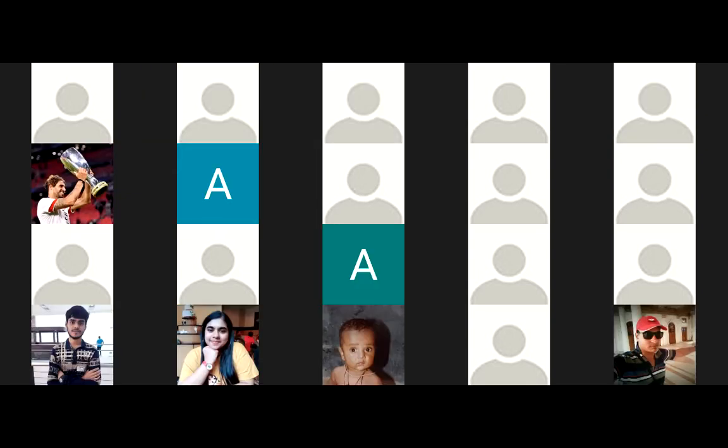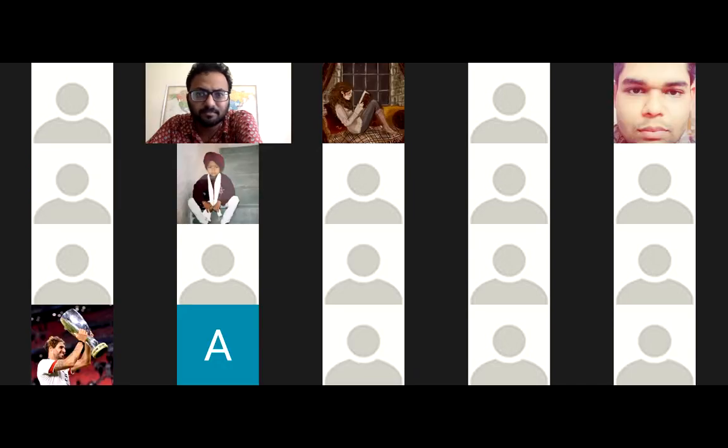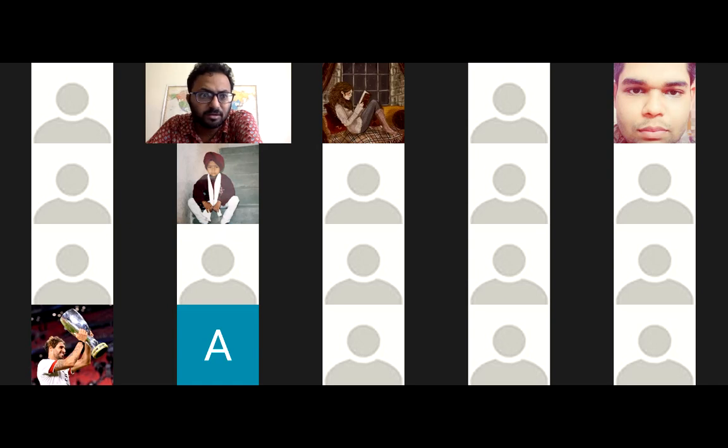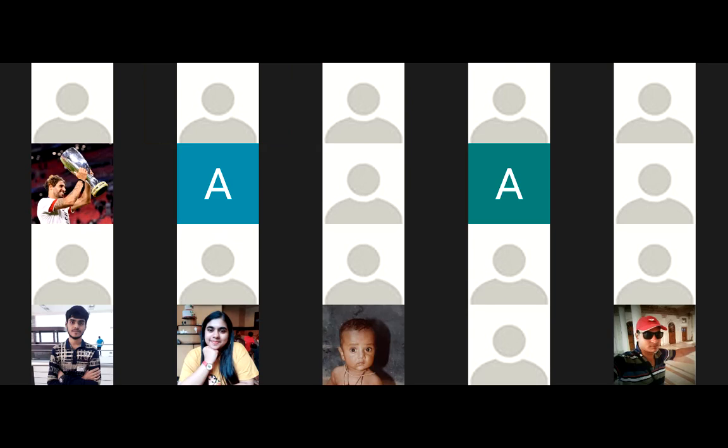Is there a class representative here? You have a class representative, right? You don't have a class representative in your BSTEP program? No, sir, we don't. Oh, you don't have any class representative. Okay, fine. Anyway, please go and find out. You guys must be friends with all of your classmates, right? So please try to find out what's going on. Seven students in a class is a big number.